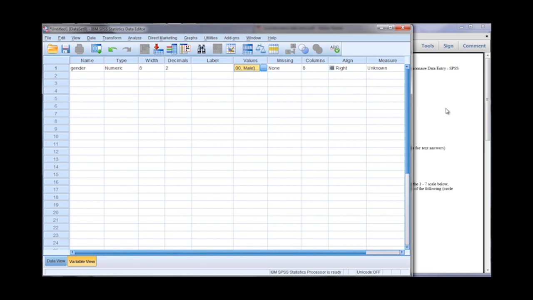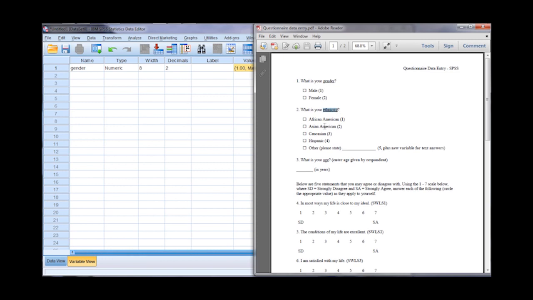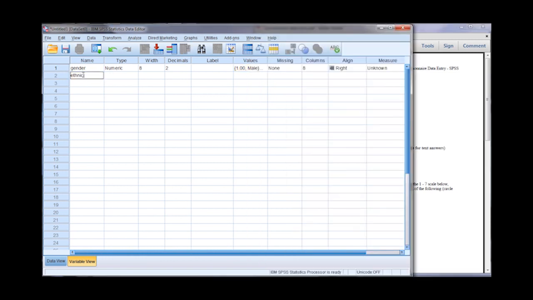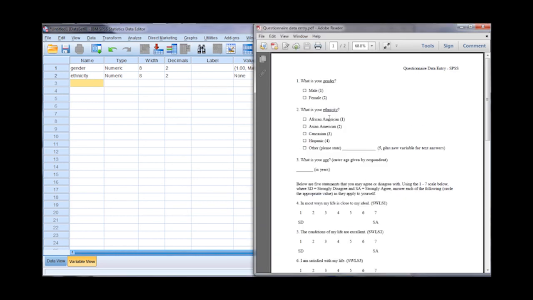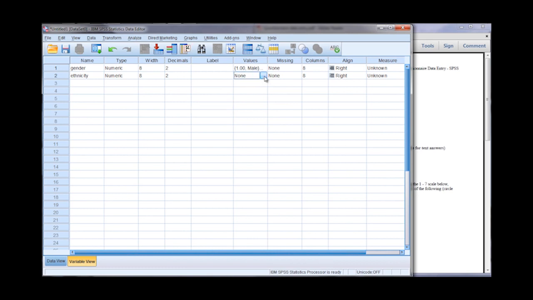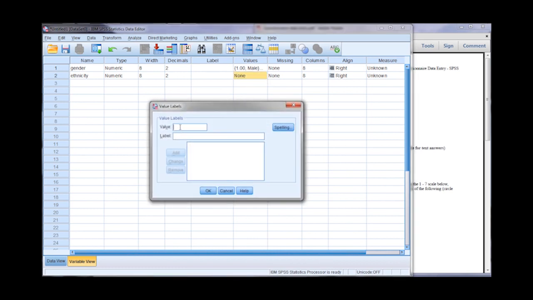Okay, next we have ethnicity, so I'm going to call this variable ethnicity. Type that in, press Enter, and then we're going to do the same thing. We're going to create value labels here. So 1 is African American, 2 is Asian American, and so on. I'll just do that very quickly. Going to the Values column, click on that ellipsis.